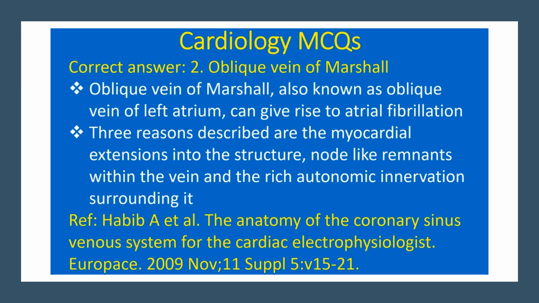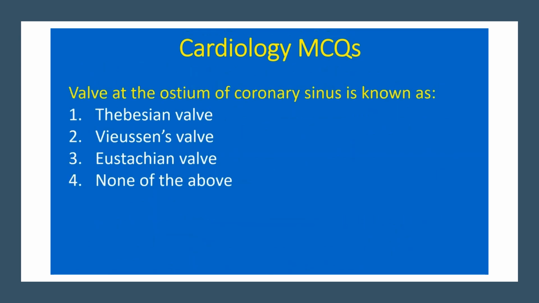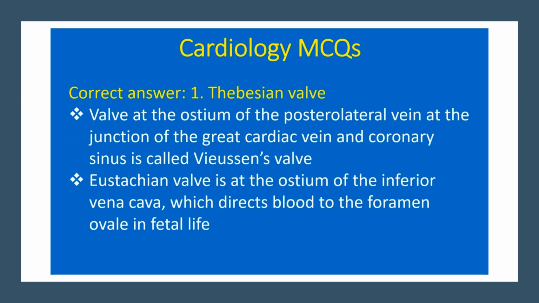surrounding it. Valve at the ostium of coronary sinus is known as 1. Thebesian valve, 2. Vieussens' valve, 3. Eustachian valve, 4. None of the above. Correct answer 1. Thebesian valve. Valve at the ostium of the posterolateral vein at the junction of the great cardiac vein and coronary sinus is called Vieussens' valve. Eustachian valve is at the ostium of the inferior vena cava, which directs blood to the foramen